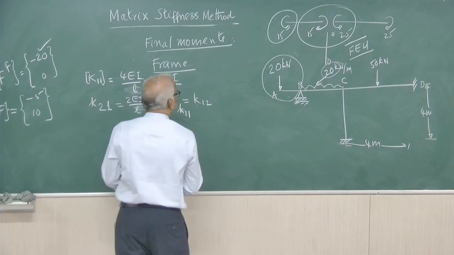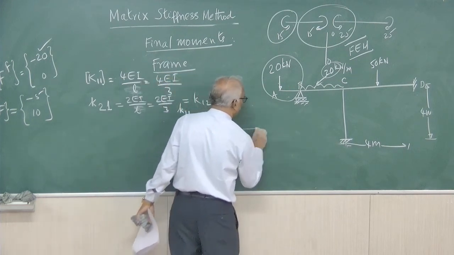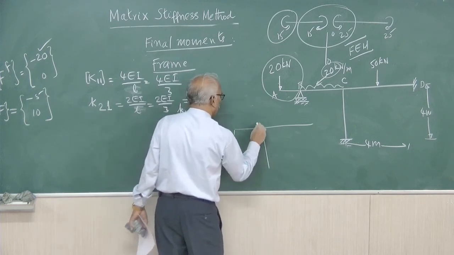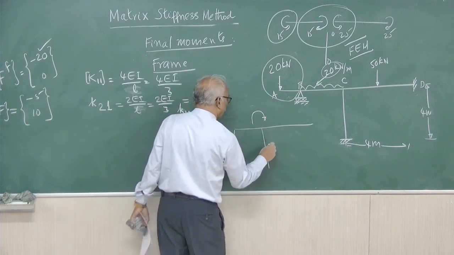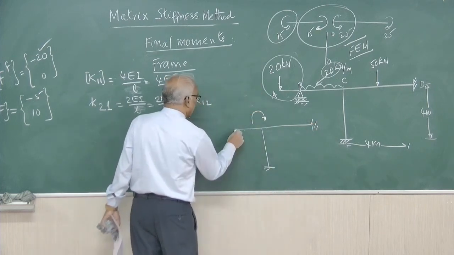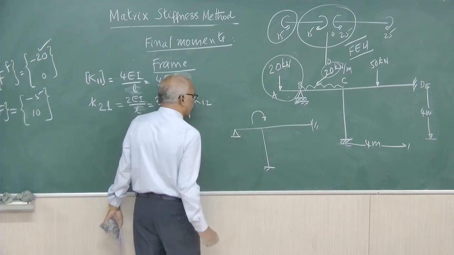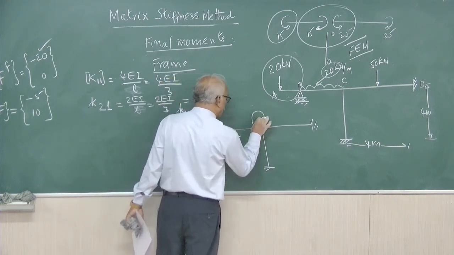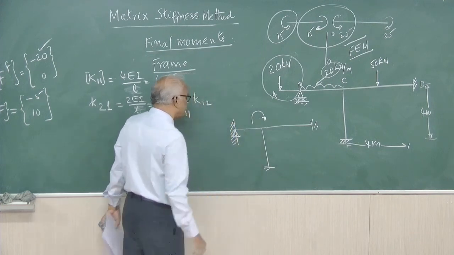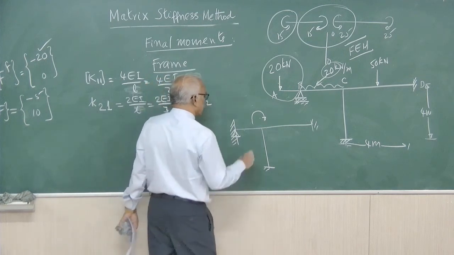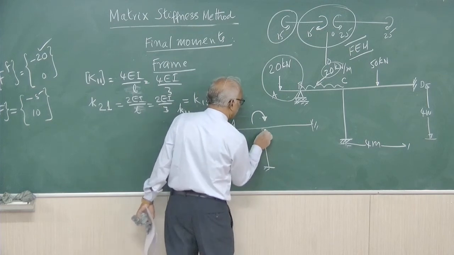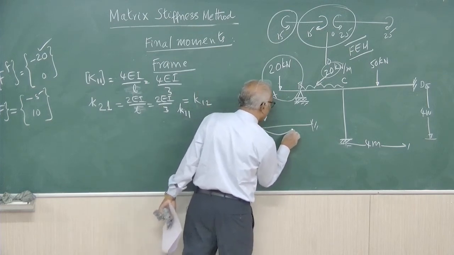Then we have to apply unit displacement at the system coordinate 2. This is system coordinate 2, right. Here it is fixed, here also it is fixed, here it is on rollers, but when we apply displacement at coordinate 2, we have to treat the far end as fixed. You should not allow any rotation. So, when you allow displacement along coordinate 2, this will undergo a clockwise rotation and here it is fixed, therefore